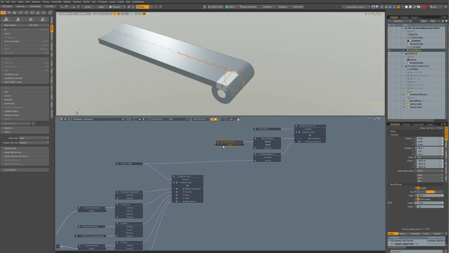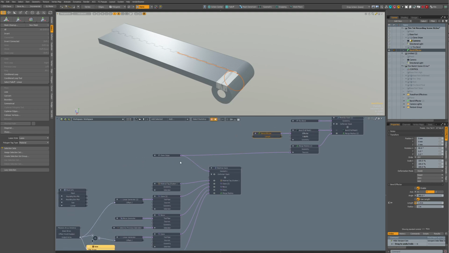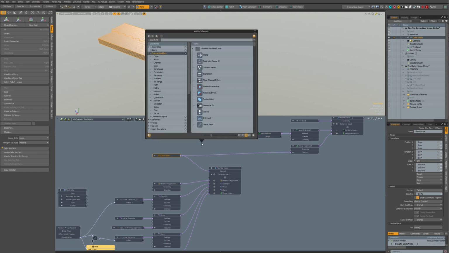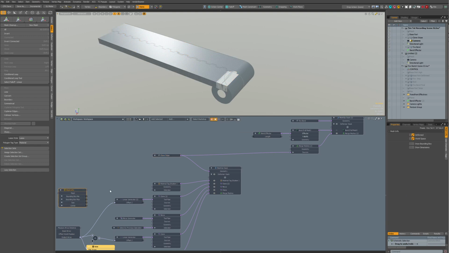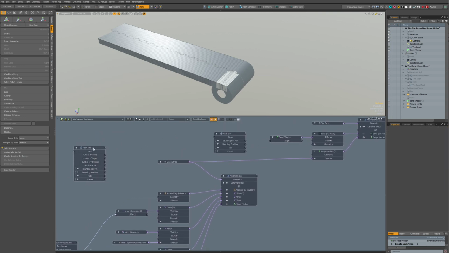So I added this length. You can do it here also, that channel to schematic here. And we get the length of this part, so we use mesh info. We have it actually here. We can duplicate it. That's a bit annoying also, getting modo-ish as usual.